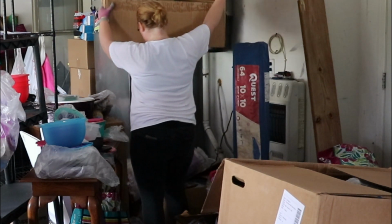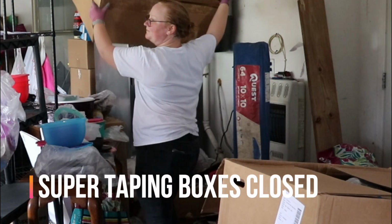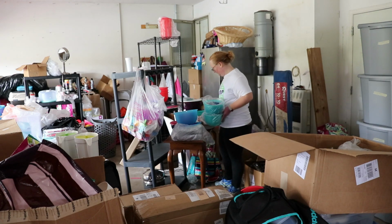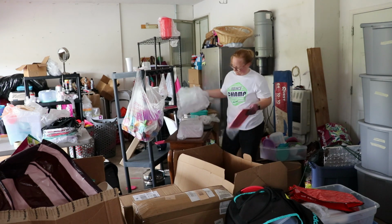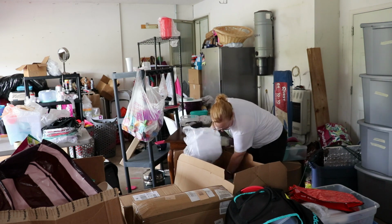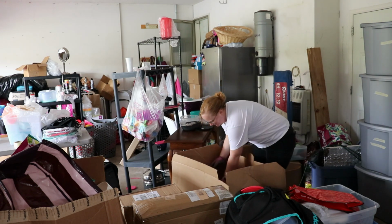So if you just watched that, the tape on the bottom of that box completely gave out, and that whole box just completely fell apart. And that's what was happening to these boxes. The tape wasn't designed to be a storage container. The purpose of them is just for shipping. And that tape just totally gave way. So I had to find some other places for